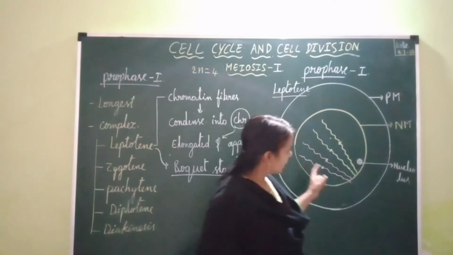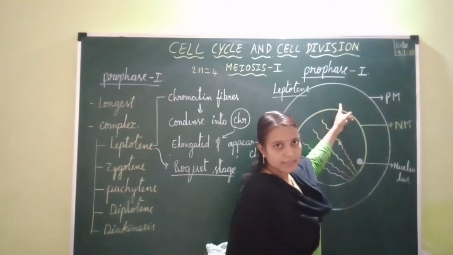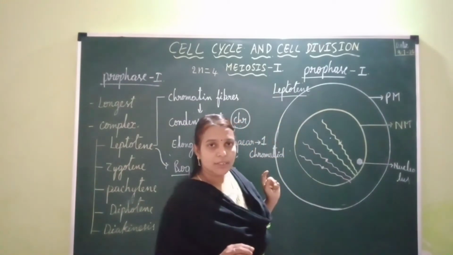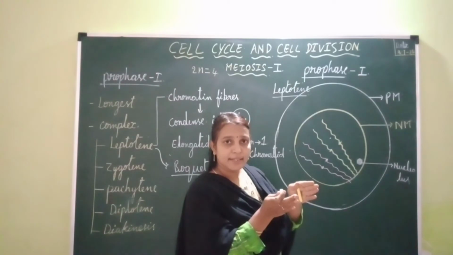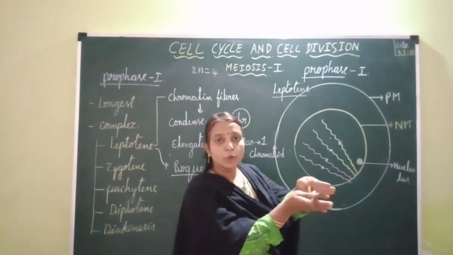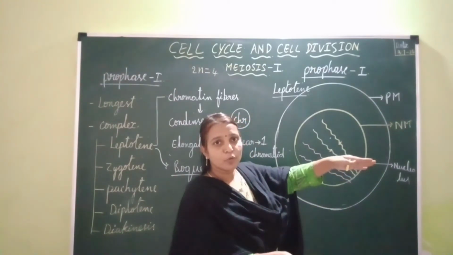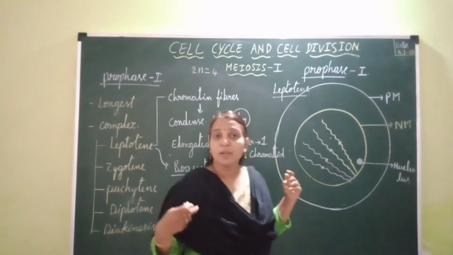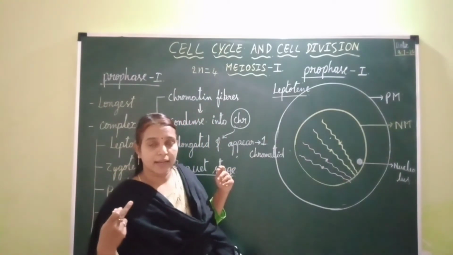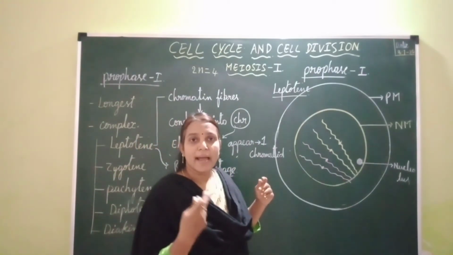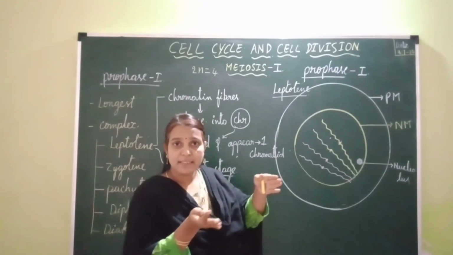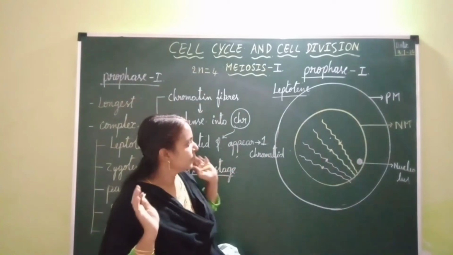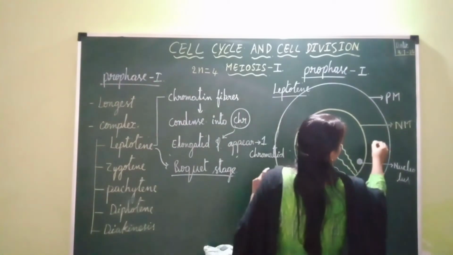Now let's study the changes that occur inside the cytoplasm of the cell during this leptotene stage. The duplicated centrosomes inside the cytoplasm start moving away from one another. We already discussed in the prophase of mitosis how centrosomes form asters, and how those asters start moving away from one another.